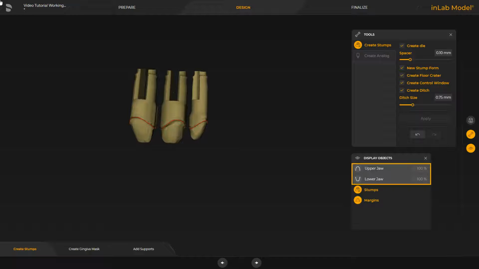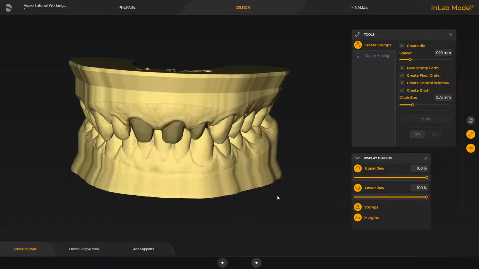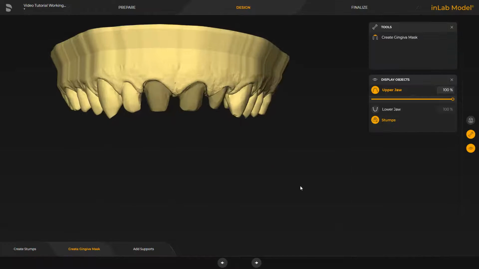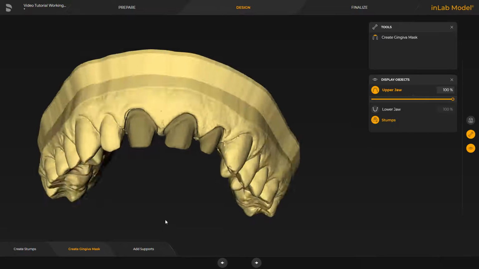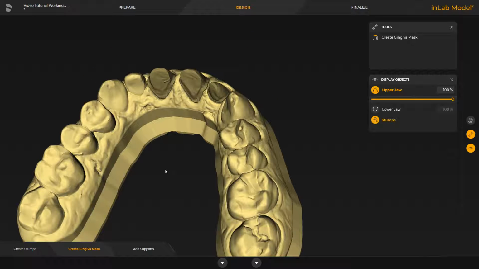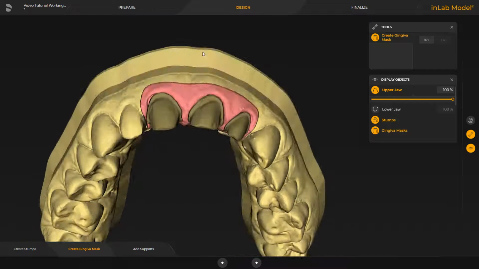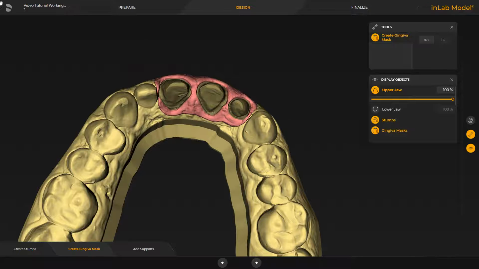We enable both the upper and lower jaw once again and proceed with the Create Gingiva Mask step. We select the corresponding tool and define the preparation line of the gingiva mask. Since the procedure is the same as with the Clean Model step, at this point we will skip the modification, and next you will see the final calculated gingiva mask. We disable the tool again, enable the lower jaw,